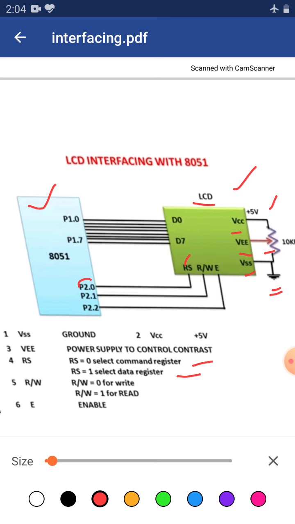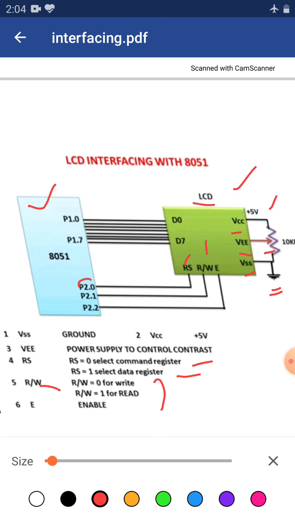Now see the next point, pin number 5, which is RW, that means read and write. As we all know, these LCDs have memories from which the 8051 can read data, or it can write data for the display. So before exchanging data, the 8051 has to define whether it is going to write or read data.